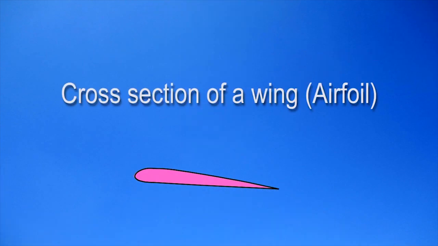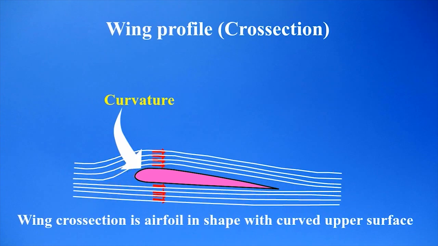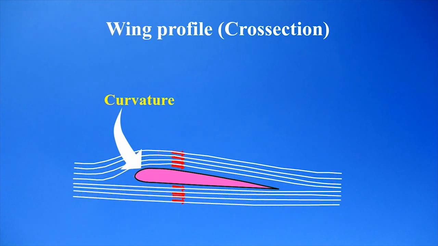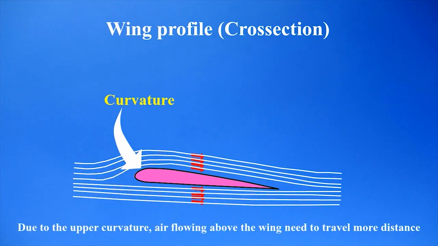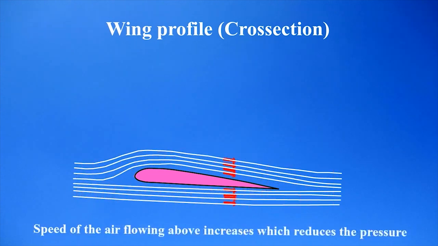What is lift? What you are seeing is a cross-section of a wing. The shape is an airfoil. The airfoil shape has a curved upper surface. Due to the curved upper surface, the air flowing above the wing has to travel more distance than the bottom surface, which is flat. Air flowing above the wing has to travel faster to catch up with the air flowing